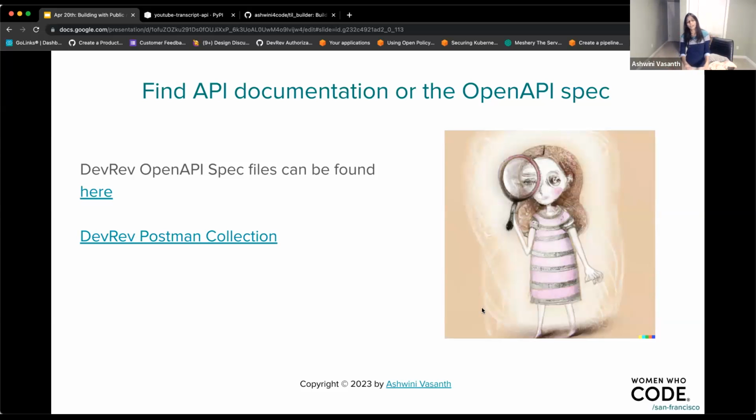At a high level, we know what we're doing. What about the details, right? The devil's always in the details. So like we said, DevRev supports the OpenAPI spec, making life a little easier. You should be able to get the spec file over here. I've linked it here. It's in the repository. You'll find it in multiple places. You should be able to take that and put it in the Swagger tool that I mentioned earlier and play around with it. But you also have an alternate mechanism that I want to introduce. It's called Postman. It's a very useful application to play around with.